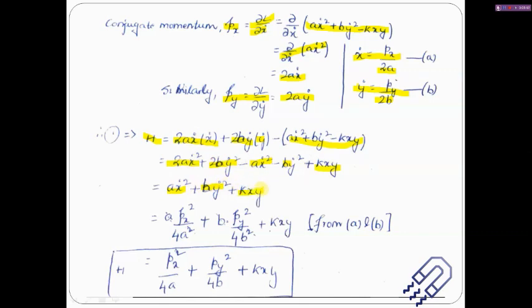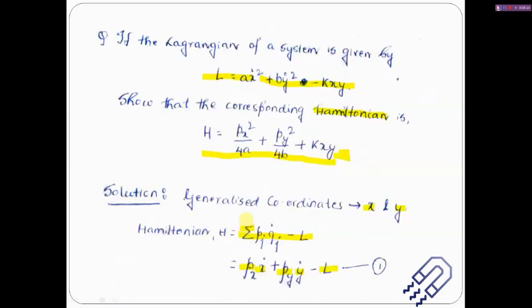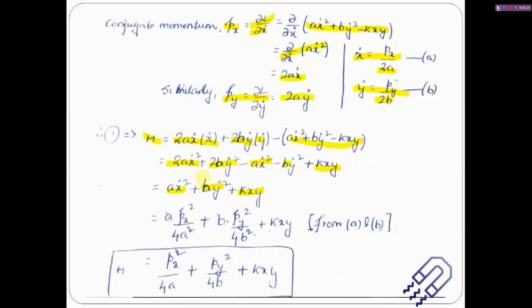And then if you look into the question and you stop here, you might get some marks but not the full marks, because in the question you have to write it in terms of momentum. So it's important. What I do is simply replace this x dot square in terms of momentum. That's why I've written this. So we have x dot equal to px by 2a. So it will be px square by 4a square into a, plus b into py square divided by 4b square.